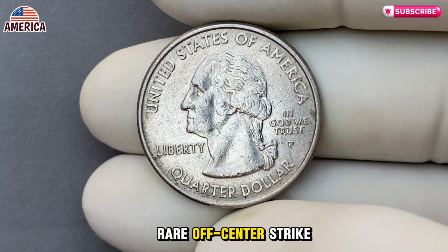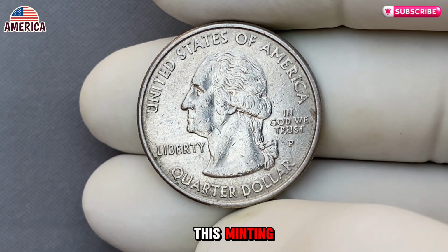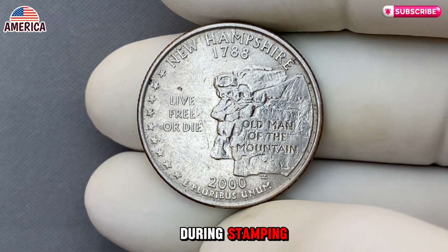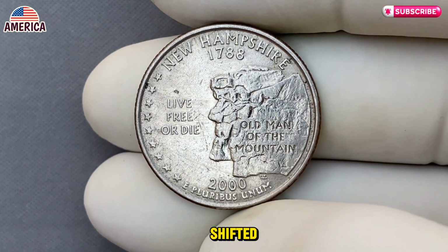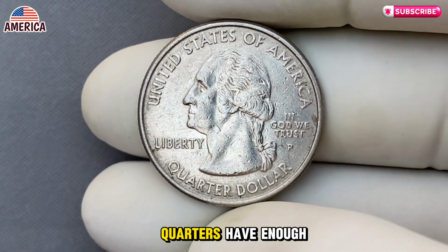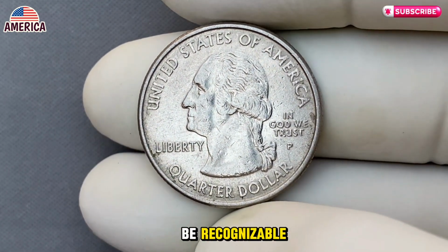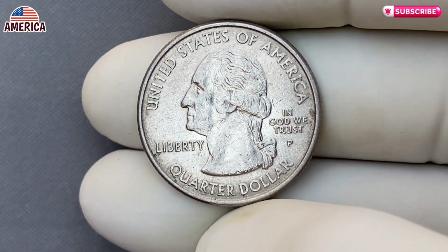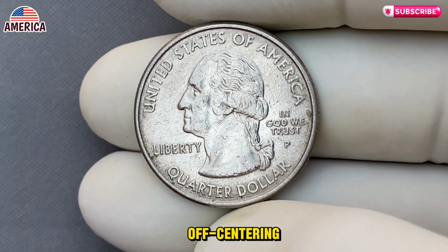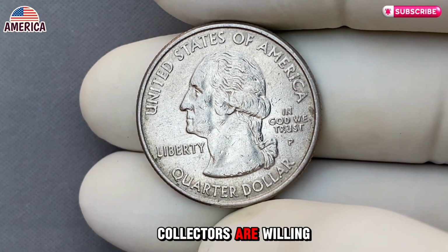Then there's the rare off-center strike. This minting mistake occurs when the coin blank isn't properly aligned during stamping, resulting in a design that's shifted away from the center. Some off-center New Hampshire quarters have enough design visible to still be recognizable, making them fascinating one-of-a-kind errors. The rarity and degree of off-centering play a huge role in how much collectors are willing to pay for